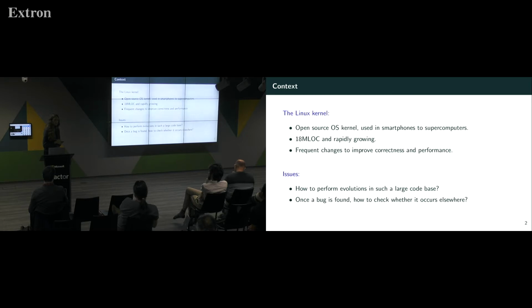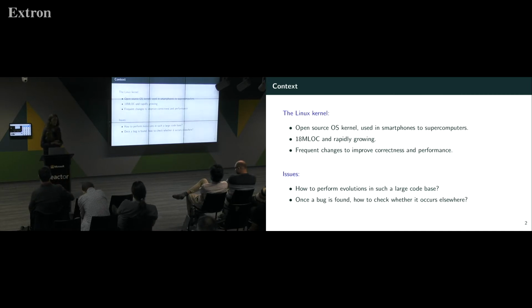We find bugs. I'm sure you've heard of Meltdown and Spectre. Those bugs caused huge changes all the way across the kernel. There are also different performance issues that are found, new kinds of hardware that appear, and so on. All of these things have an impact on the kernel, and the impact can be pervasive, or it can cover a particular subsystem, such as networking. But at this code size, everything you do is quite big.